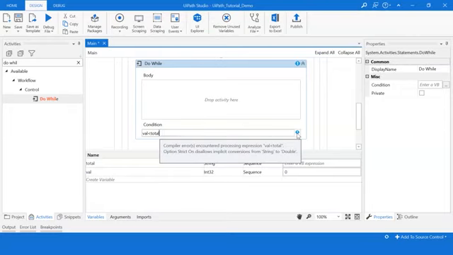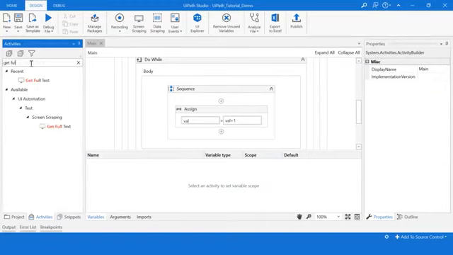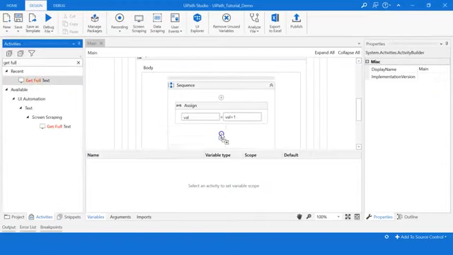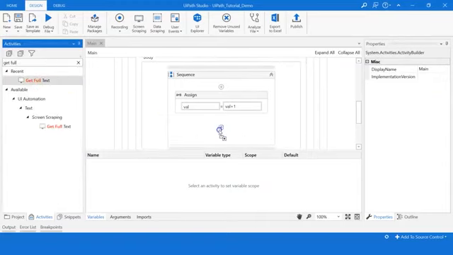So the next job is to extract information from the website. To do this, we will use the Get Full Text activity. So I'll search for Get Full Text here and I'll drag it right below the Assign activity. Now you need to select the information which you want. So first I want to get the name. I'll click on Indicate Element Inside Browser and then select the name of the person. So I'll click on this and I click on the name.